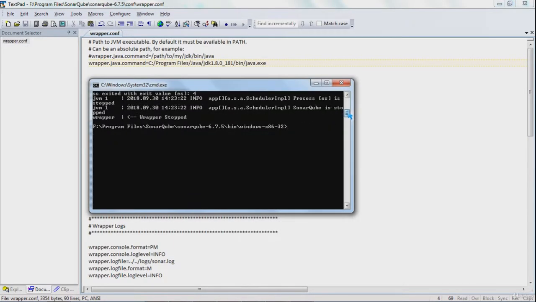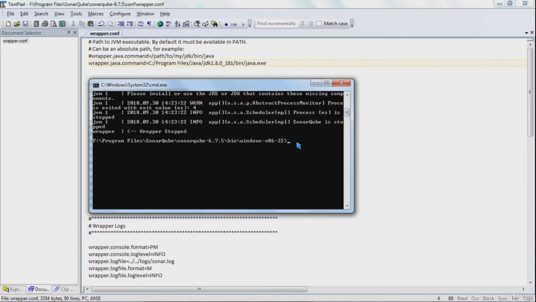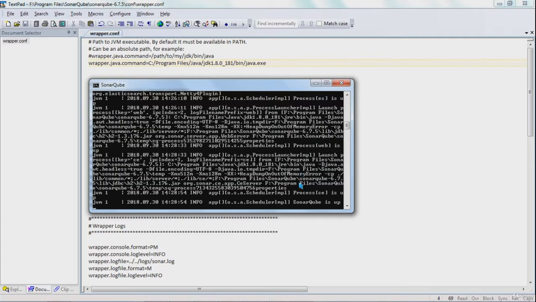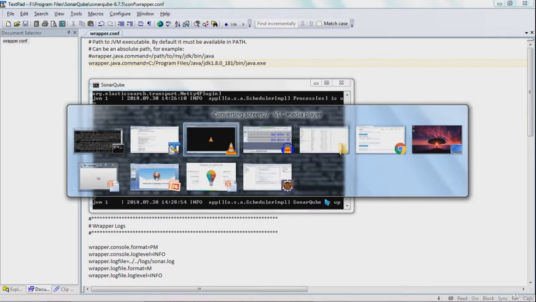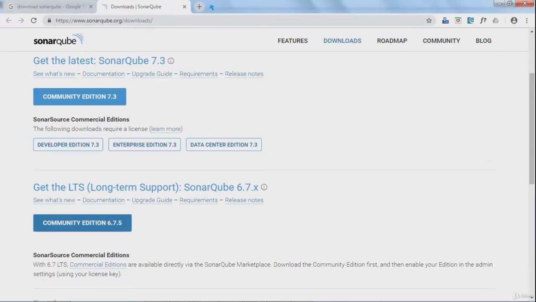And now let's try restarting SonarQube again. We're going to say start sonar.bat, click on enter. Okay, SonarQube is finally up. You see here, process is up and SonarQube is up. So let's go back to our browser here and